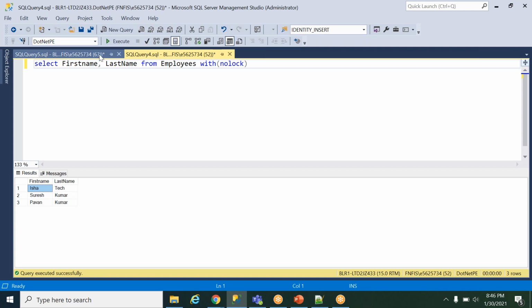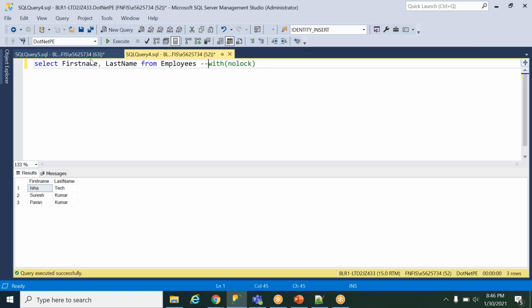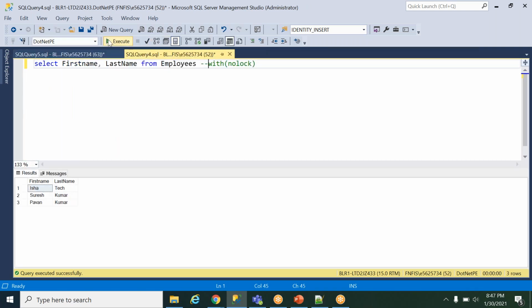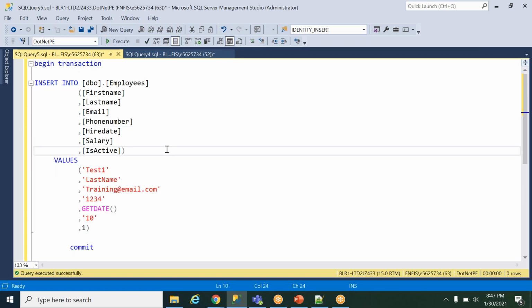Okay, got it. Now what I'll do is commit this. Now you don't use no lock here. I'll commit directly here. Insert. Done. Now you do it. Done. It's came. Got it. Even when you give no lock or even without giving it, it will work because the transaction is not in process. I have already committed the transaction here.